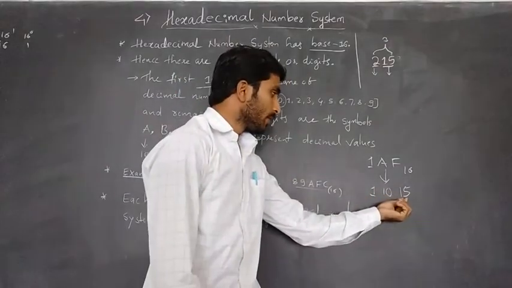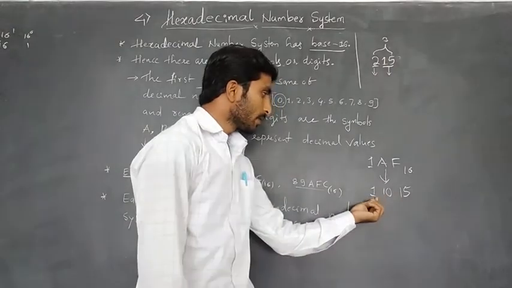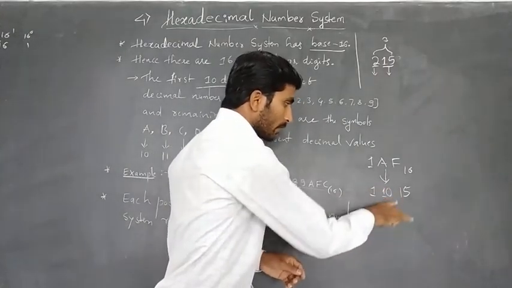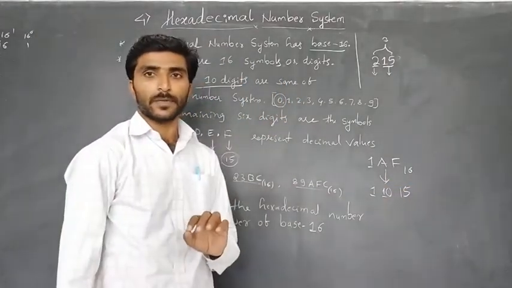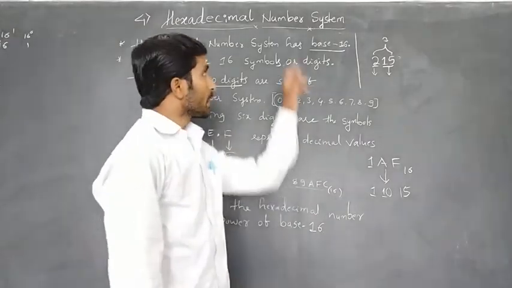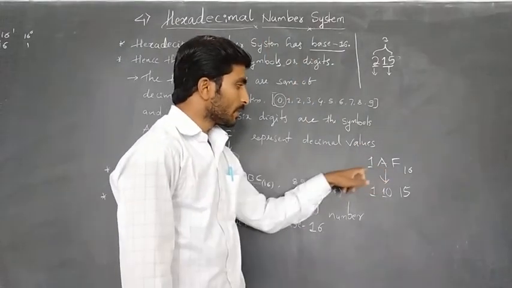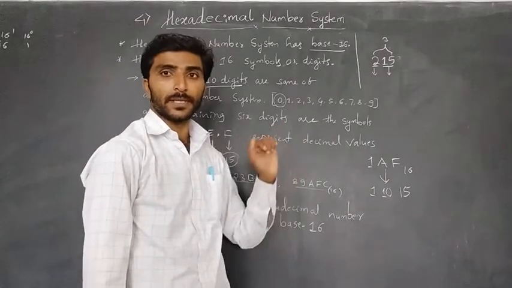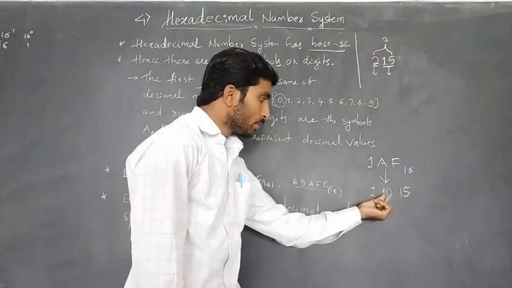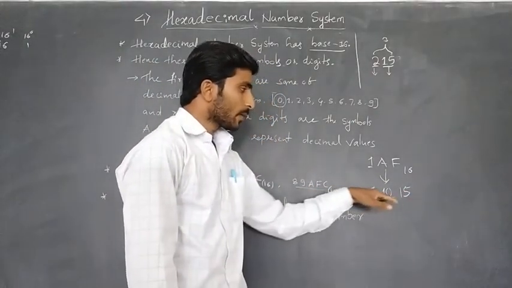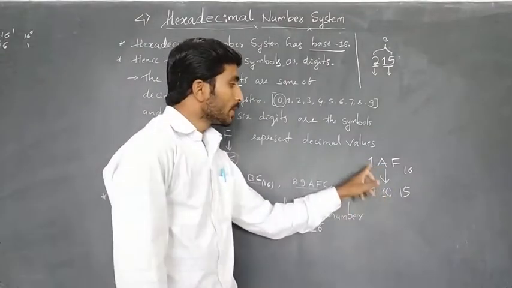You would read it as 11,015, that means 10, 100, 1000, 11,000, and 15. You are writing in the normal way. But in hexadecimal, this is only 3 digits. You cannot write it like this, so how do you write? Using symbols.